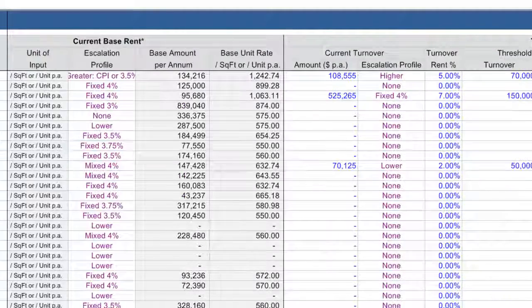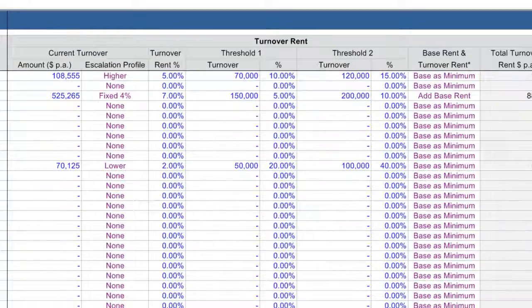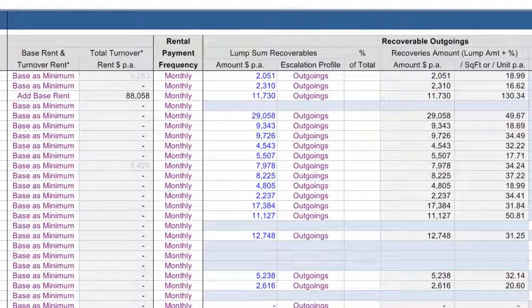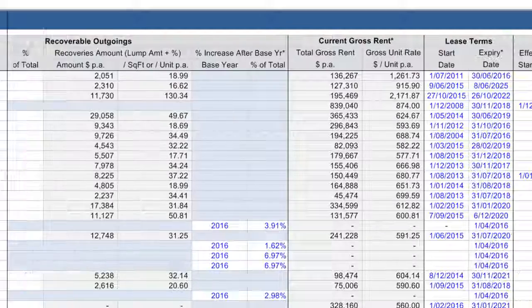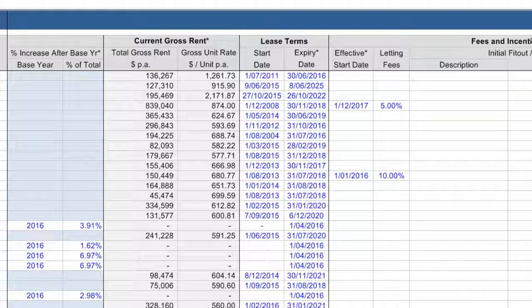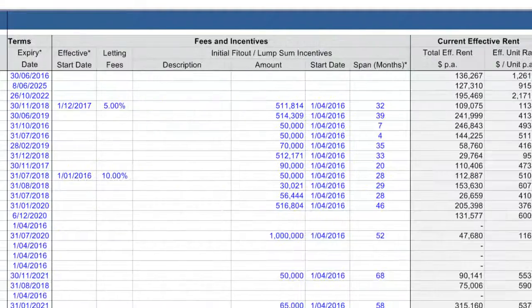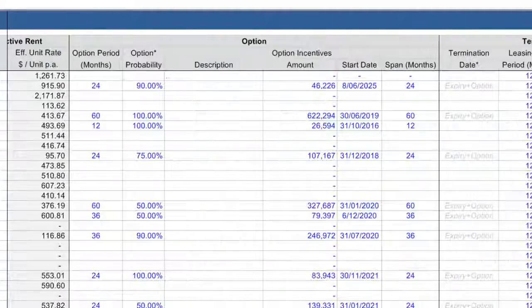any turnover rent that may be applicable to retail leases, the payment frequency of the rental income, what outgoings are to be recovered from each tenant, the lease terms, incentives such as rent-free periods or fit-out costs, option periods for each tenant and the ability to set a probability factor of that option being exercised and incentives to take up that option,